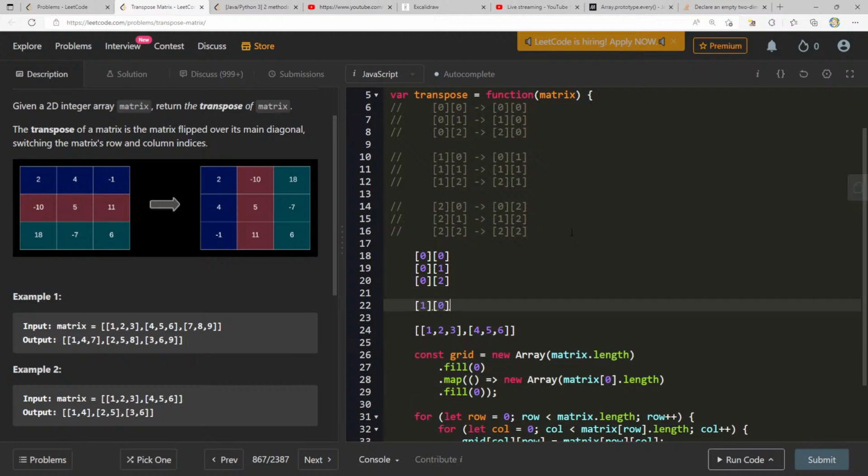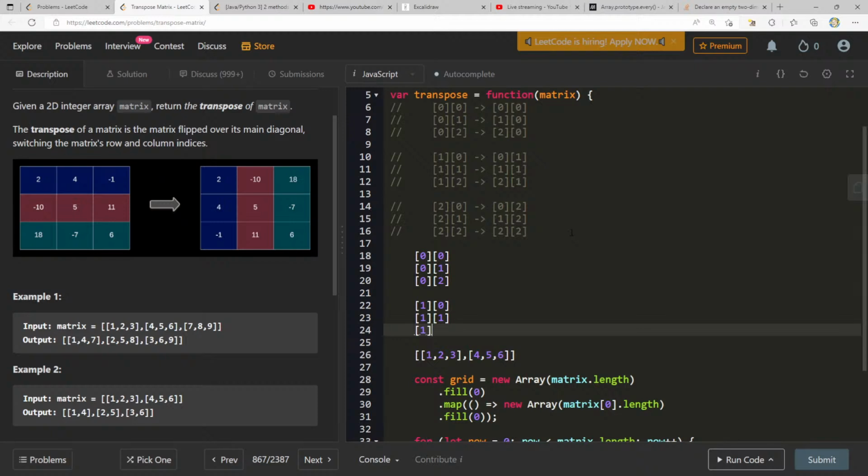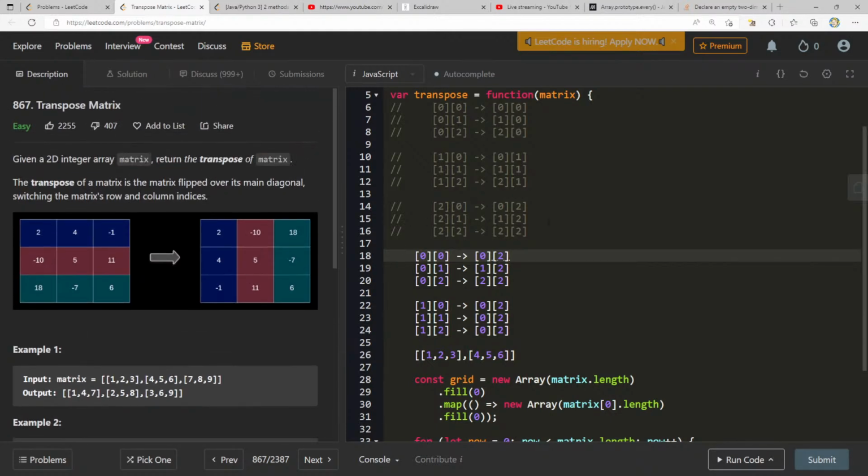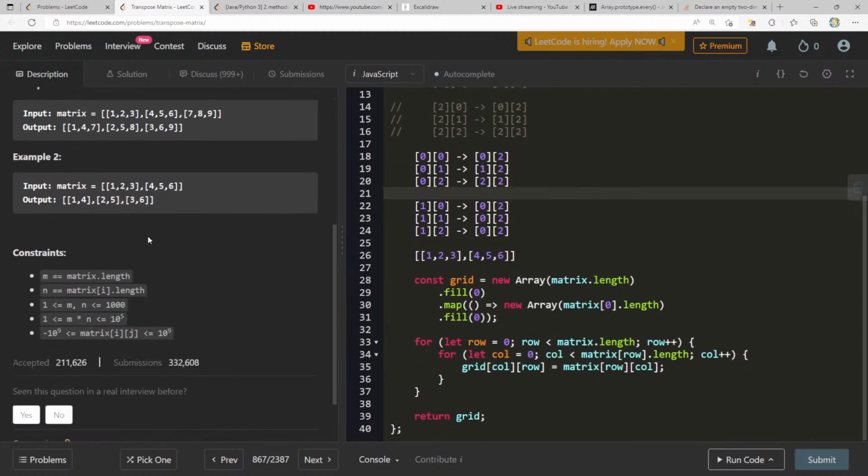And then we'll have 1, 0, 1, 1, 1, 2. Let me just copy this. This will just become the opposite, right? It should be 0, 1, 2. But I guess the issue here is that this only has 2 rows, but now I'm accessing this other column here. So maybe that's not the pattern. 0, 1, 2, 2, 2, 2, because that could be 0 and the columns could be 1. So there must be something else that we're missing here.